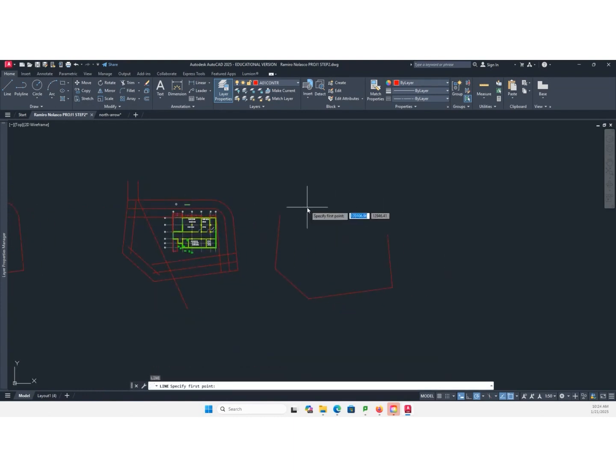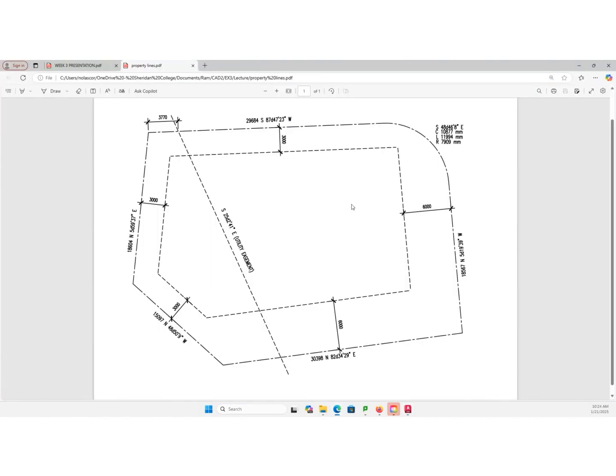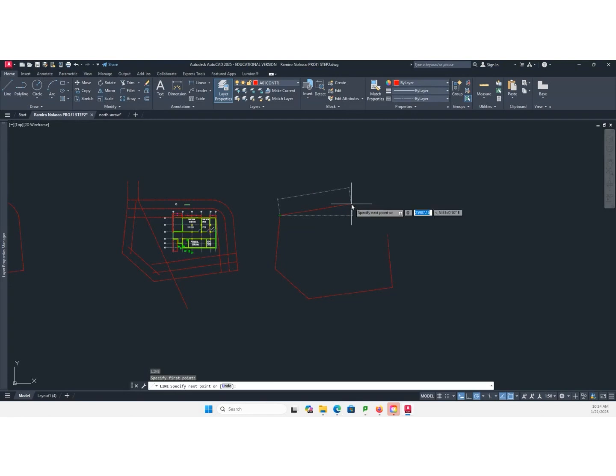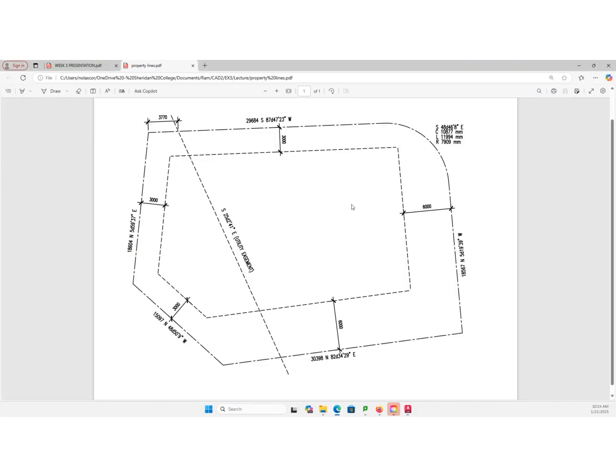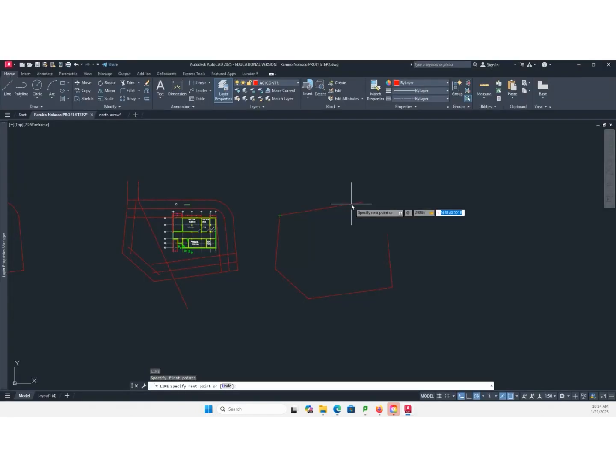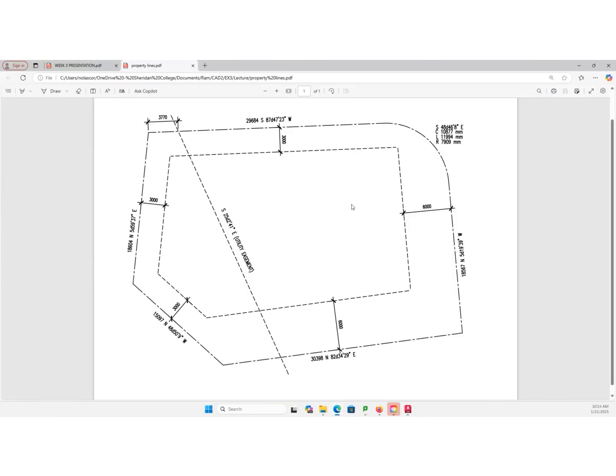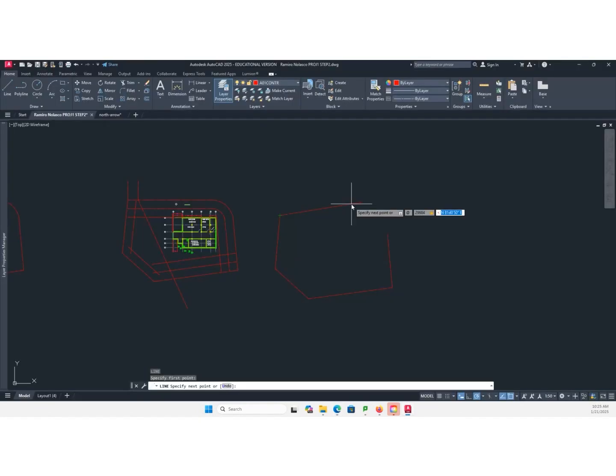So, knowing trigonometry, I'm going to start here and instead type at 29684 less than symbol. Tab brings you back to the distance. Okay. Less than symbol. Not south, north. Okay. So I'm going to go north.